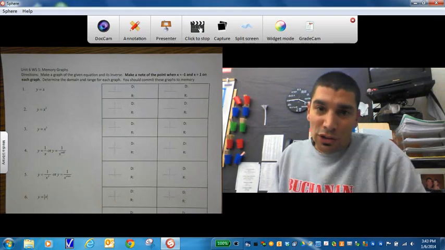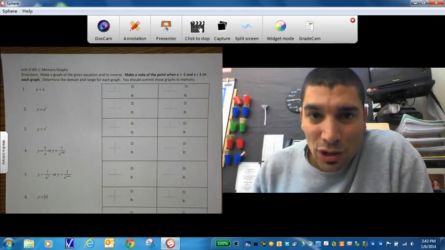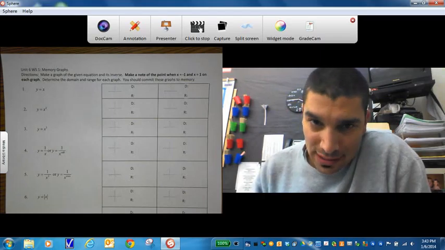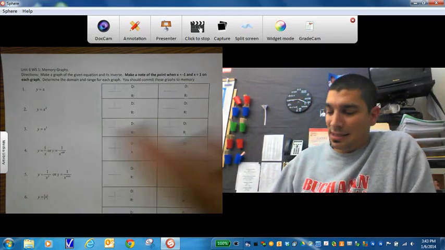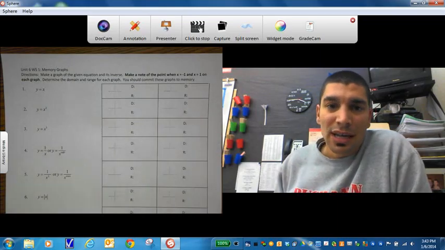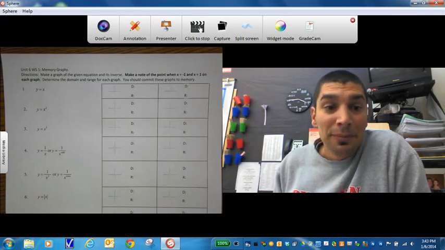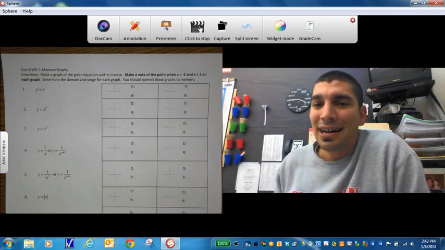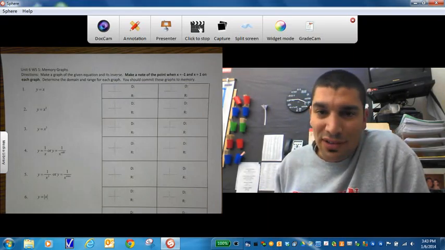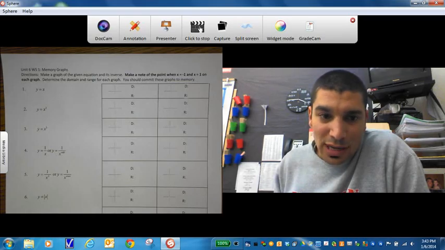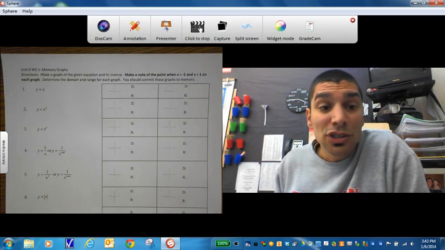So what are you going to do while I am not here? You are going to work on worksheet 1 for 6.1. We're going to be starting a whole new unit. Worksheet 1 is very similar to what you see on this piece of paper over here to my right. You are going to be plugging certain things into your graphing calculators and figuring out how to graph them. I'm not going to do all of these for you. You're going to end up doing them during class, but I'm going to show you a couple of things that